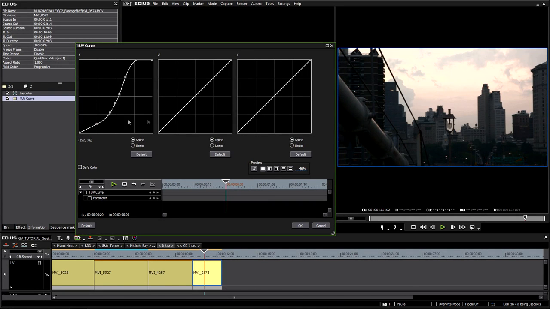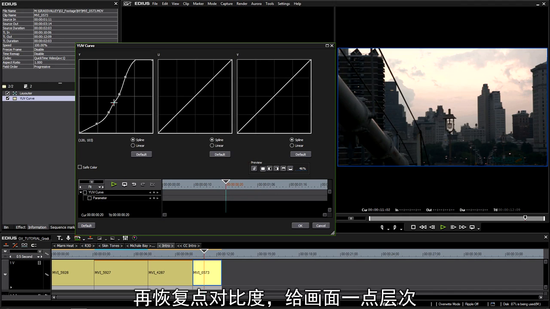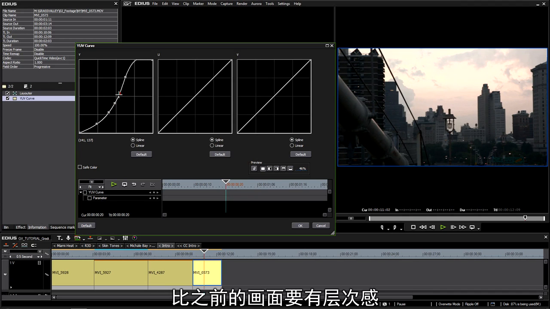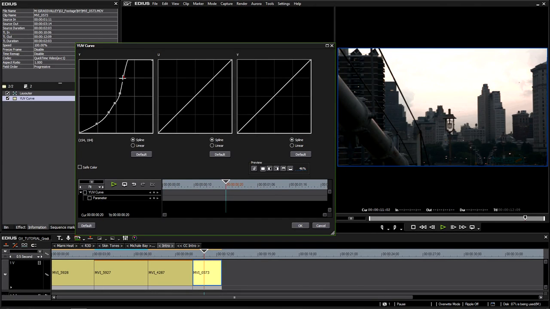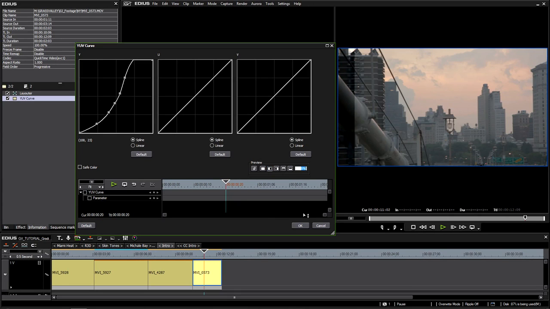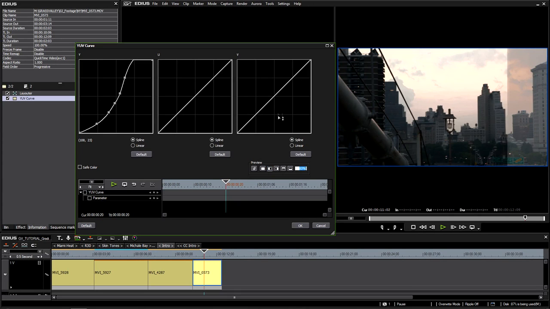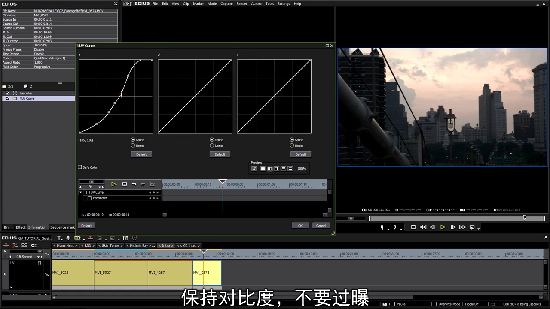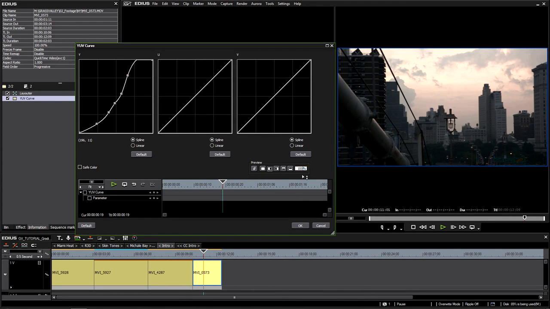So you can see under here I'm adding my contrast back, really giving my image a lot more depth than it had. And that's the idea of contrast. Not only does contrast add perceived sharpness, but it also adds a depth to your image that is what really gives it that cool look. You can see there with the split screen what it's doing. And we can just refine that sky by bringing that white point down. You can see it was blown before, so we want to maintain our contrast, yet we don't want to overexpose things and make it look ugly. And we'll just have a look at the before and